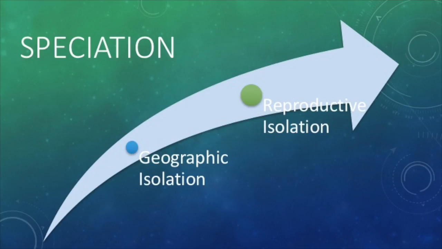Back to speciation. There are two major mechanisms that can lead to the formation of new species. The first of which is geographic isolation. This occurs when organisms of the same species are separated by a physical barrier that prevents reproduction. This cutoff prevents any new mutations from being intermixed into the overall population. If the physical barrier lasts long enough, then the two groups can become genetically different enough that they will not be able to successfully mate. At this point, the organisms are officially in reproductive isolation.